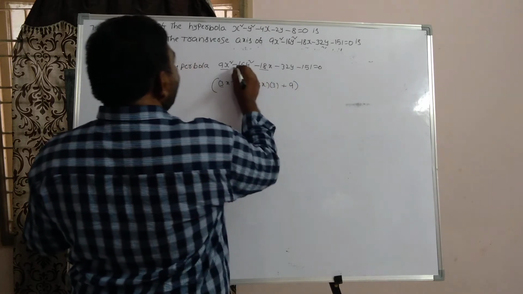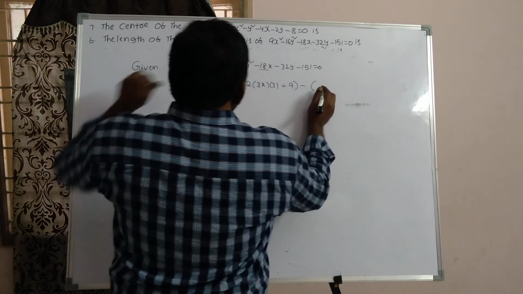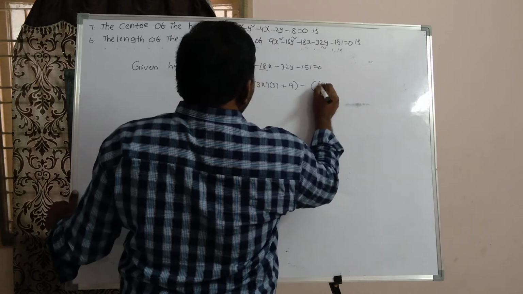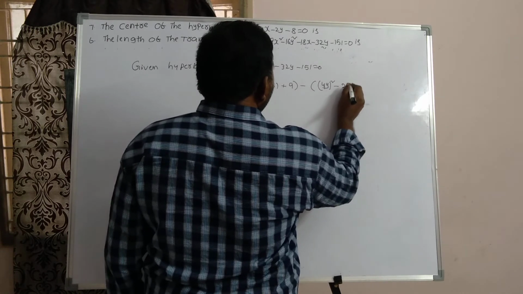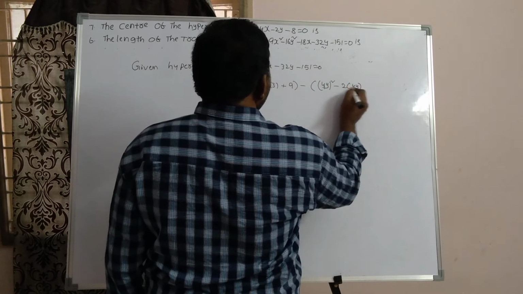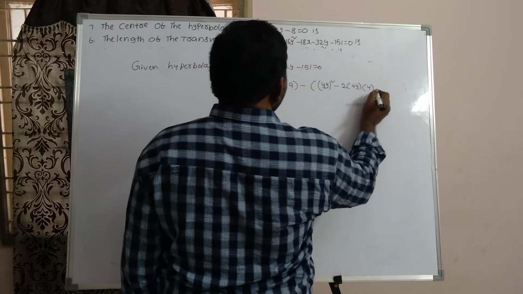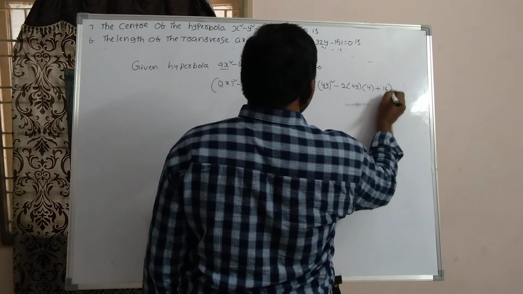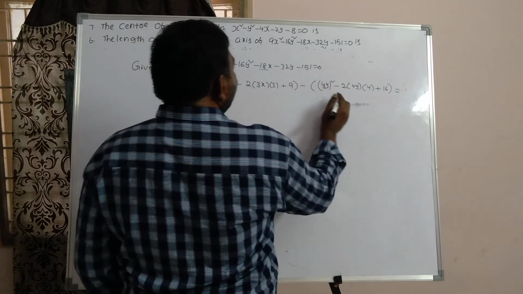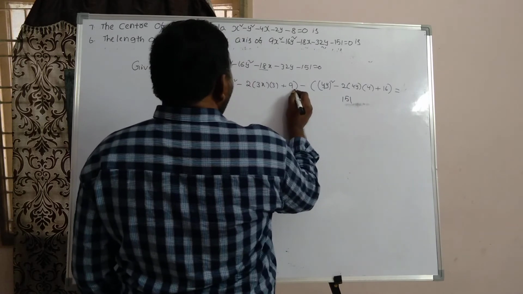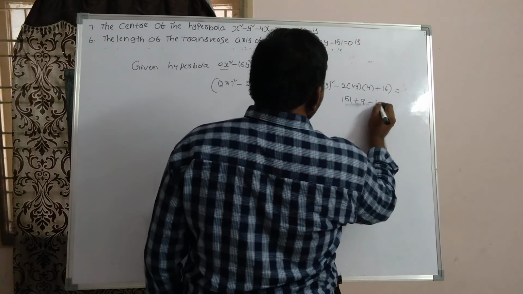This one complete. After here and here, we take minus common. If you take minus common here, 16y square can be written as 4y whole square. So a square minus 2ab, 2 into b value 4y. 2 4 are 8, 8 4 are 32. Here 4, plus b square is 4 square, 16. So here this one complete is equal to minus 151. Take this side, it becomes 151. Here we add 9, so here also add 9. Here we subtract 16, that means this side subtract 16.